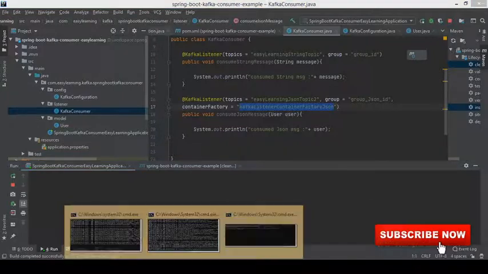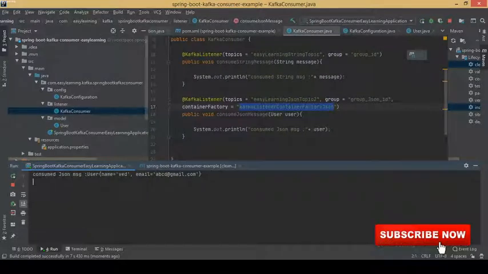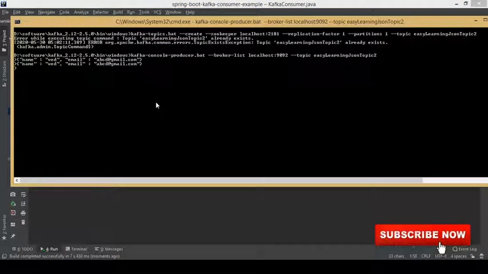You can publish some more messages, or we can publish the same message. As soon as we publish it, you can see, guys, we are able to receive the message in the consumer part. We can publish one more. Let's say ABCDE, and here with 123, enter.